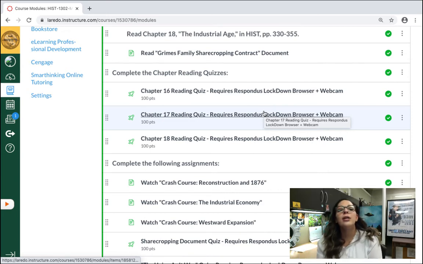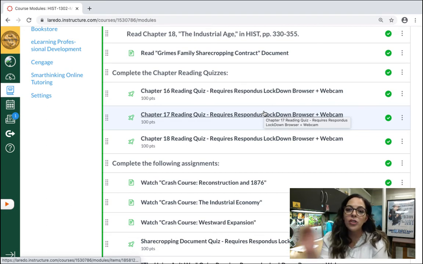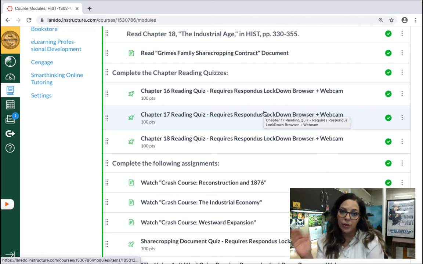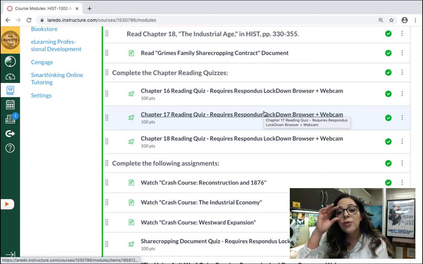So let's talk about the chapter reading quizzes. So like I said, every chapter is going to have a quiz. Why? Because you should be reading the book, right? You got to get that foundation. Now, the good thing about this book is it's super easy to read. The chapters are not that very long at all. They are maybe 20 pages tops. And so for the reading quizzes, and for the reading quizzes only, I will allow you to use the book,